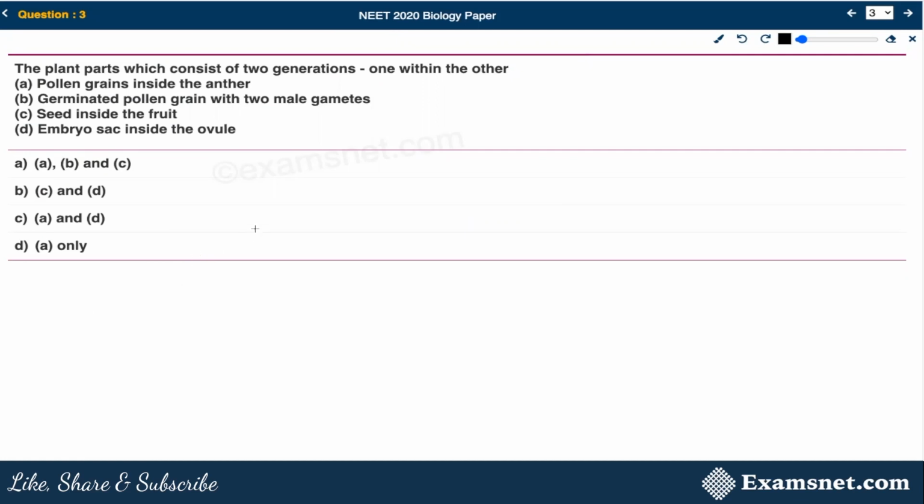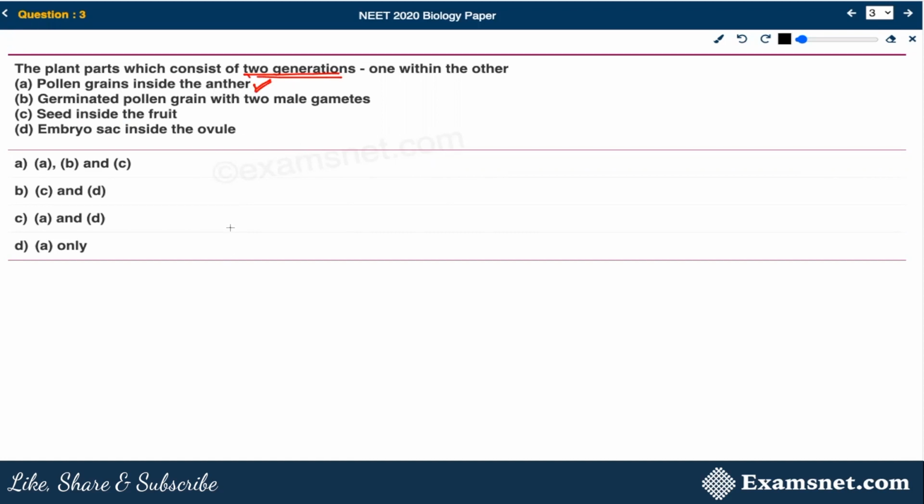So you have to find out the 2 generations. Now, pollen grains inside the anther is the first option. Then germinated pollen grain with 2 male gametes, then seed inside the fruit and embryo sac inside the ovule. Out of all the options, the key point is the 2 generations that you have to note. So the first option will be the correct option, because pollen grain is actually haploid